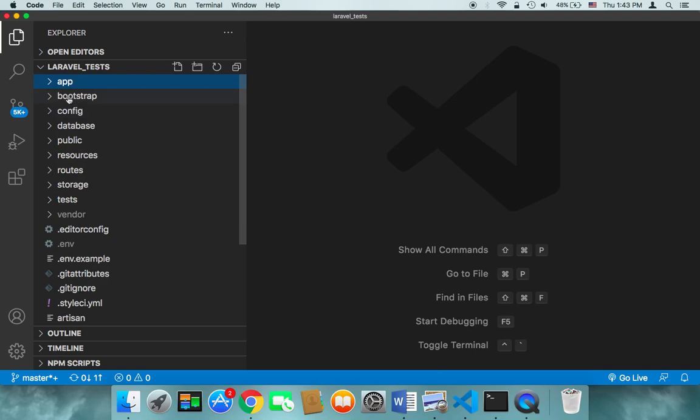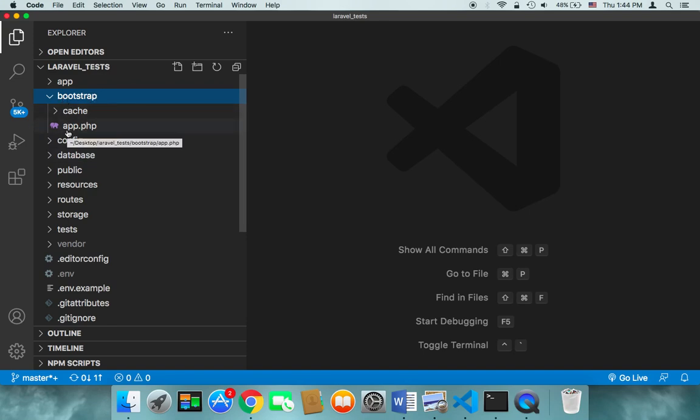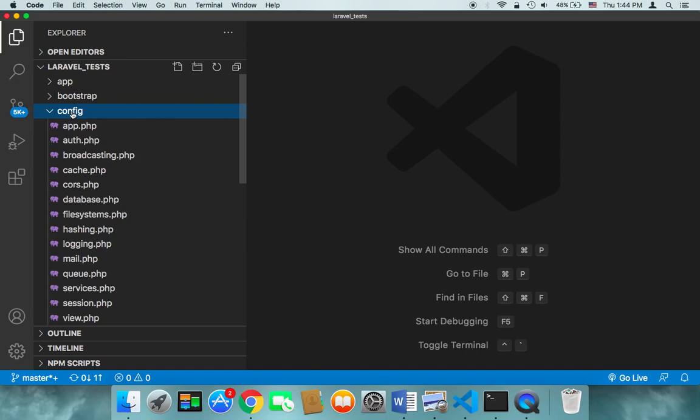Then we have the bootstrap. The bootstrap, in short, is the folder that is required to initiate your project. So once somebody goes to your project, this bootstrap is going to start the process of showing the user your web application. We have also the config folder, which contains configurations such as the database, the file systems, the